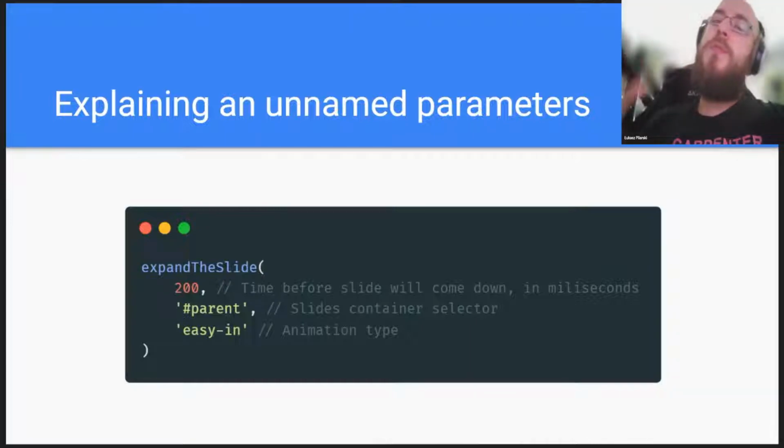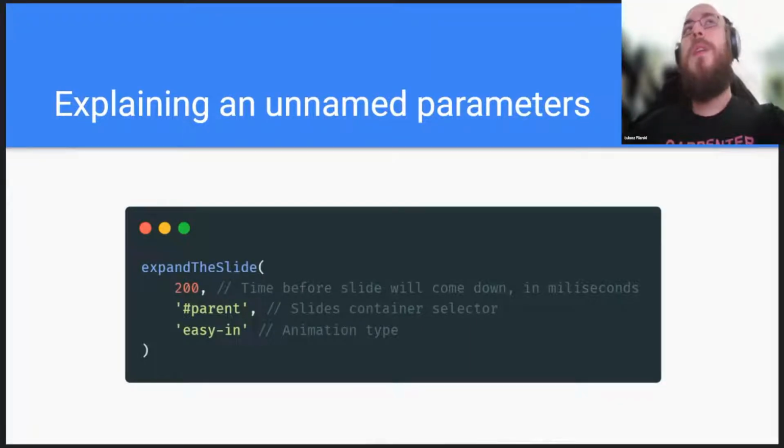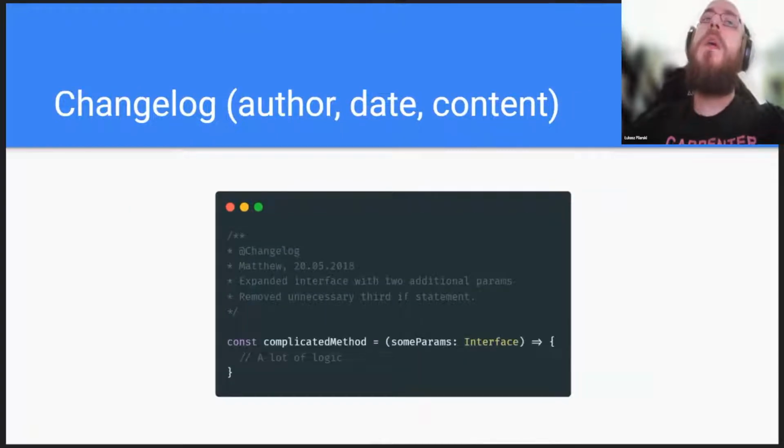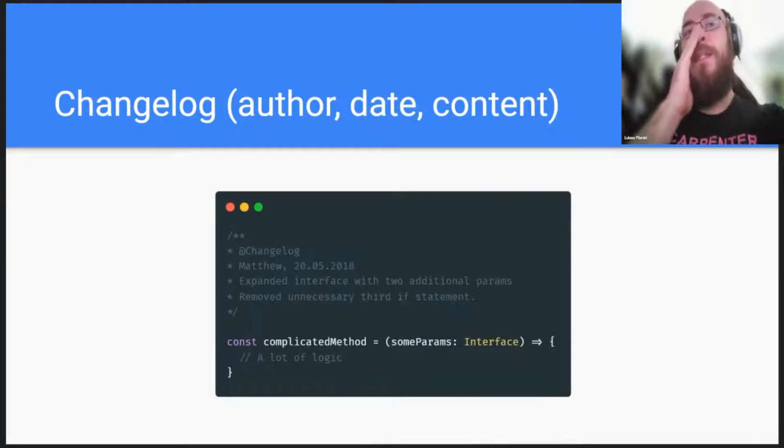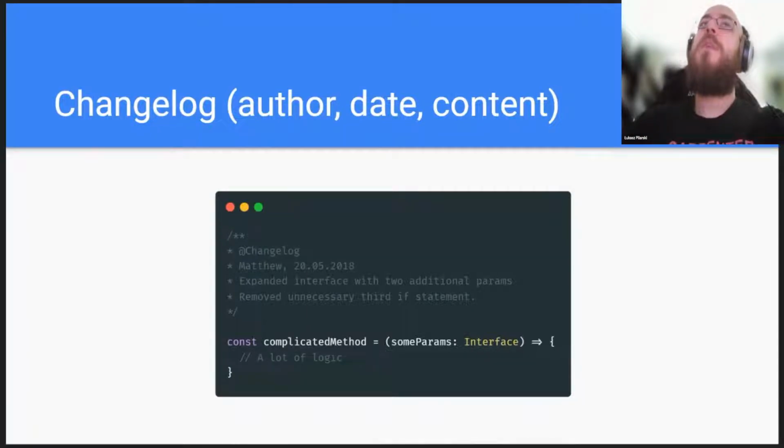I mean, comments can still be useful because you can move them, for example, to the TypeScript interface and just comment on singular parameters, and that would be much better. But here still you don't need comments. You can just replace all of this with one object and you'd have a much better end result. Now, the same goes for this. Now, this is also a pretty specific situation because